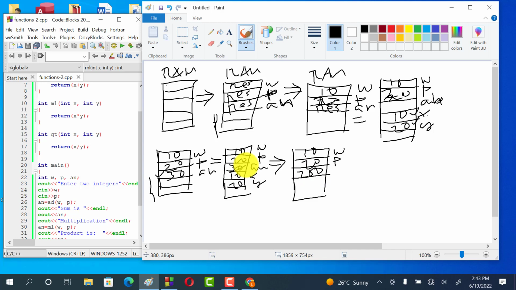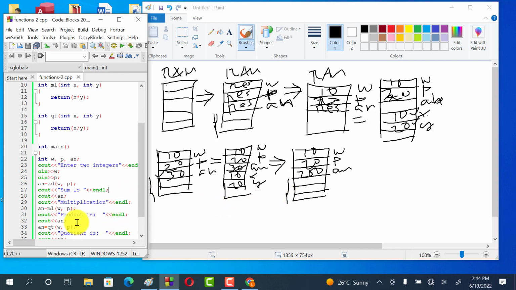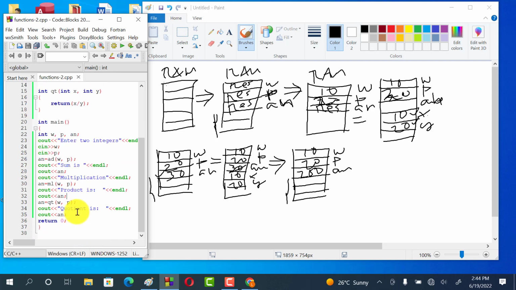Now 30 will be overwritten and AN will acquire a new value, and now X and Y are no longer there. So the program will exit and come back to the main, and this word product is will appear, C out AN will appear, and now the Qt line, this line number 33, will be executed, and the Qt function will be called. So the Qt function is here. Memory status will change